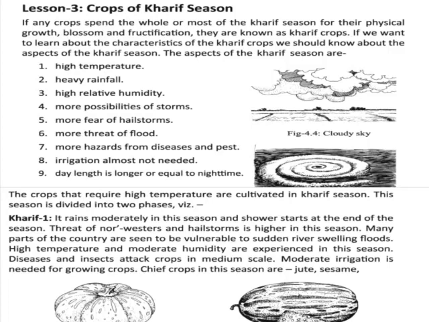Many parts of the country are seen to be vulnerable to sudden river swelling and sudden flood, and high temperature and moderate humidity are experienced in the season. That means hot temperature and moderate humidity, with a decent amount of moisture in the air, are experienced in the season. And disease and insects attack the crops on a medium scale. We will see disease and insects attack the crops in the medium range, and moderate irrigation is needed